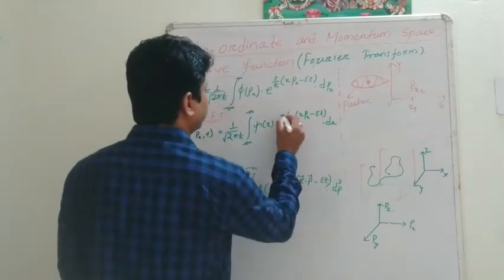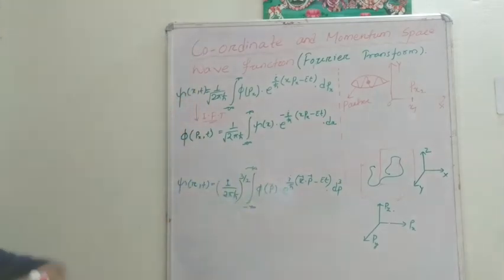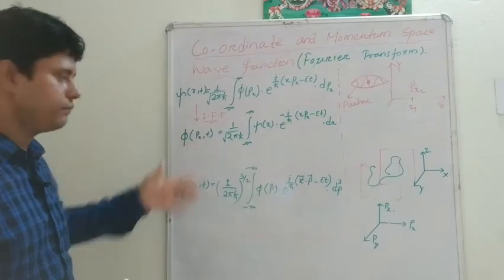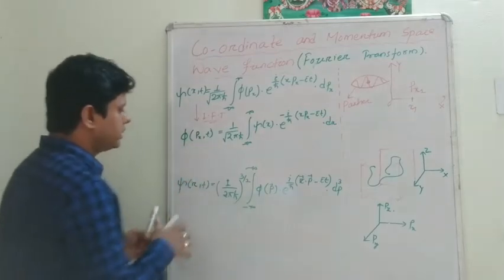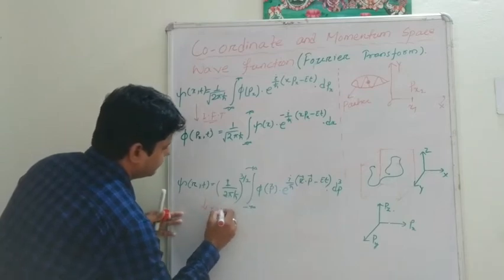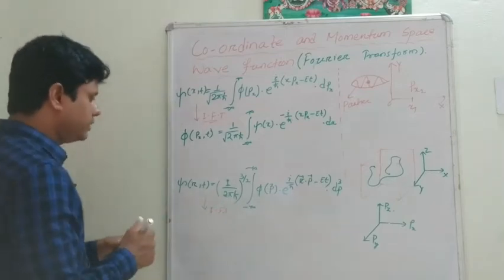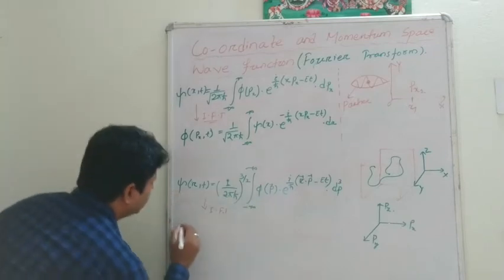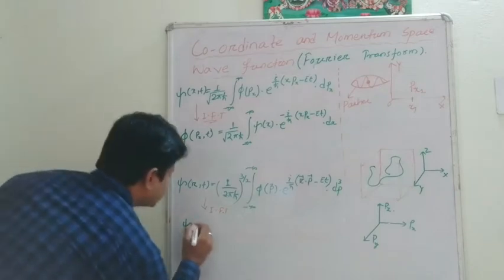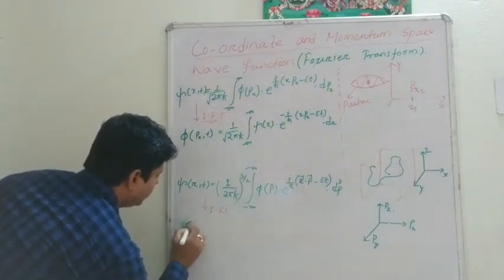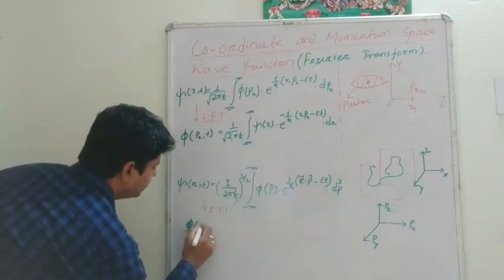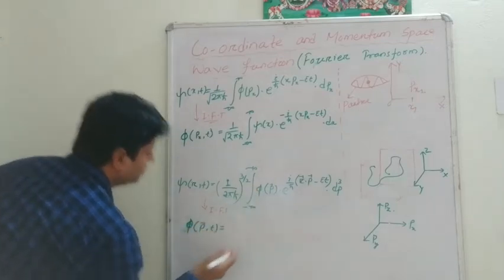So here minus. Here the inverse Fourier transform of this one, we found this one. Likewise, if we are going to do the inverse Fourier transform of this one, then what are we going to get? We are going to get phi,